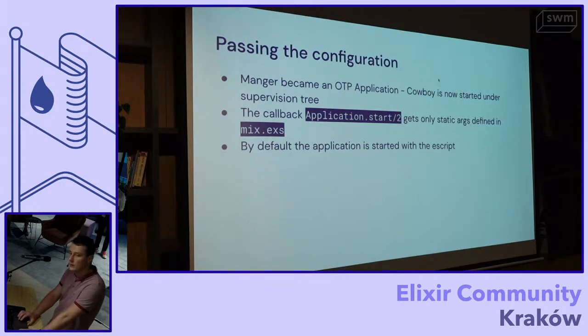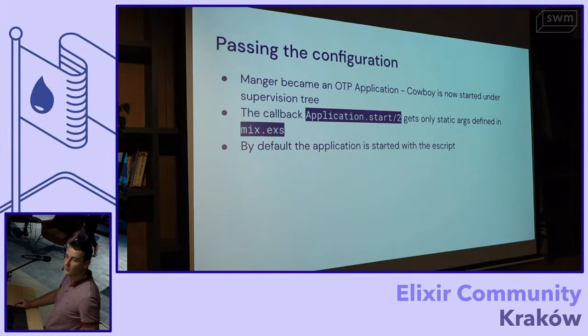Okay, so now that I have all the arguments, I had to pass them somehow to the server. Like when starting the new Mix project, I created the Cowboy and started it just as I usually would in Phoenix. So I created an OTP application, and the problem is that the application starts right with the whole escript.